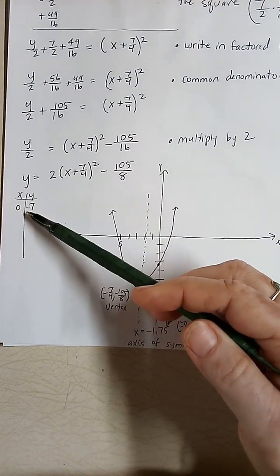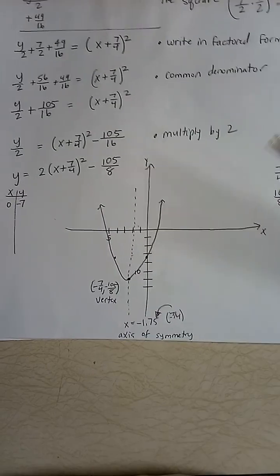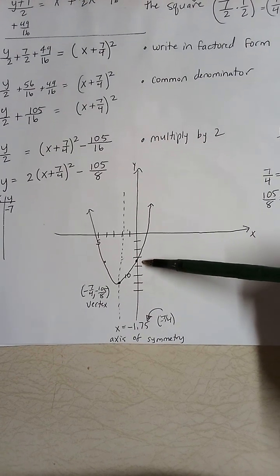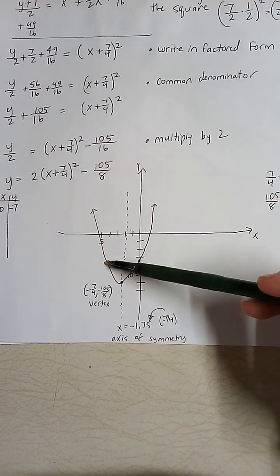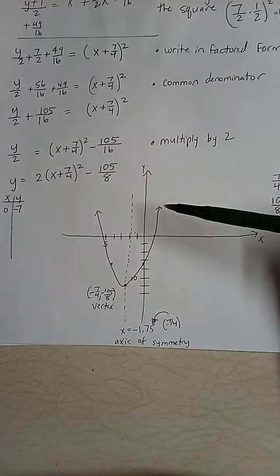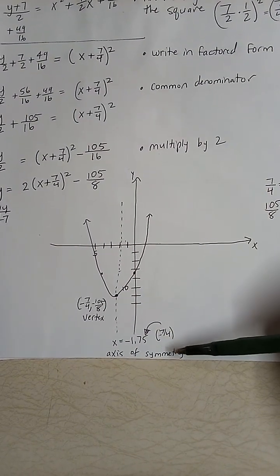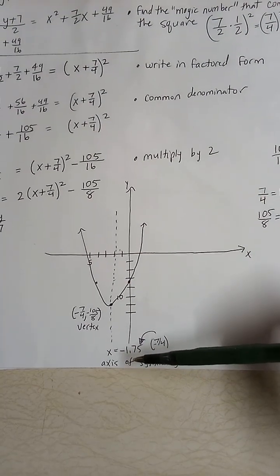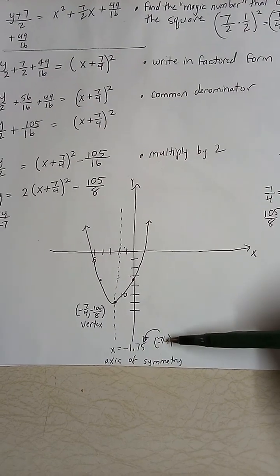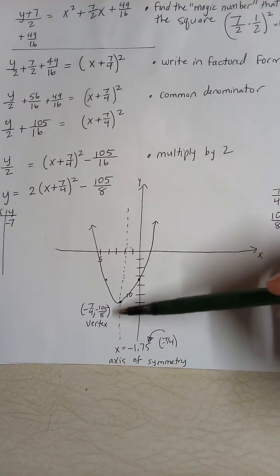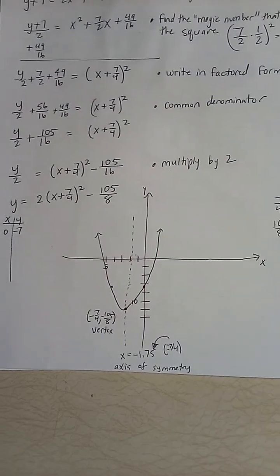So I just plugged in 0 for x, and I got my y-intercept. And then I just made another point exactly across from it to show symmetry. And then it wanted the axis of symmetry. The axis of symmetry is x equals -1.75, which is the same as -7/4. It's just this dotted line. And then the vertex is just (h, k). Okay, running out of time. Next video, or next problem,